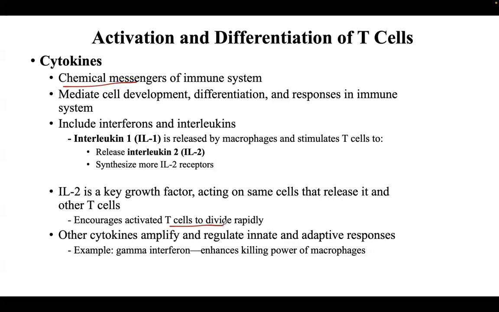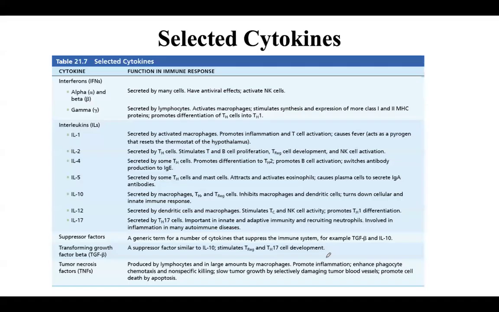For example, there is a thing called gamma interferon, which is not an interleukin, that's a cytokine. That will actually enhance the killing power of macrophages. The rate of macrophage killing can increase by gamma interferon. That's interferon and not an interleukin. So this table, from your textbook 21.7,